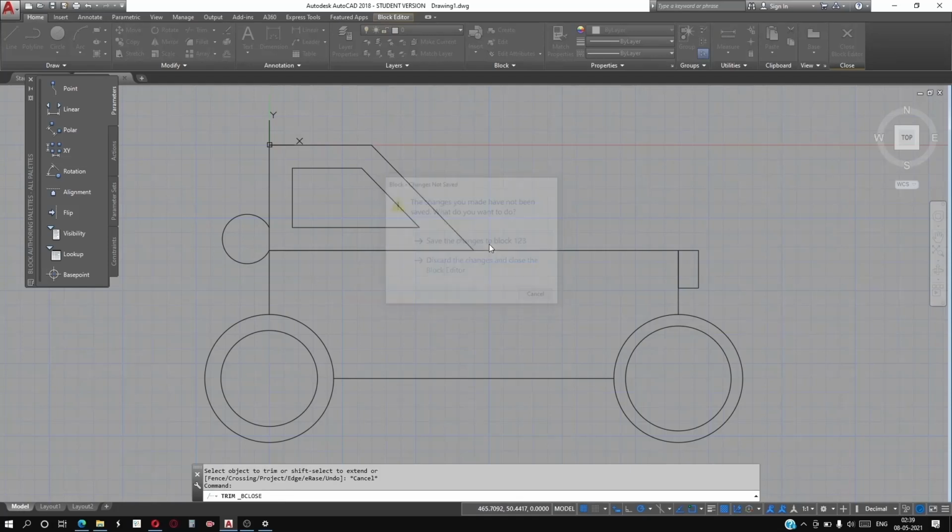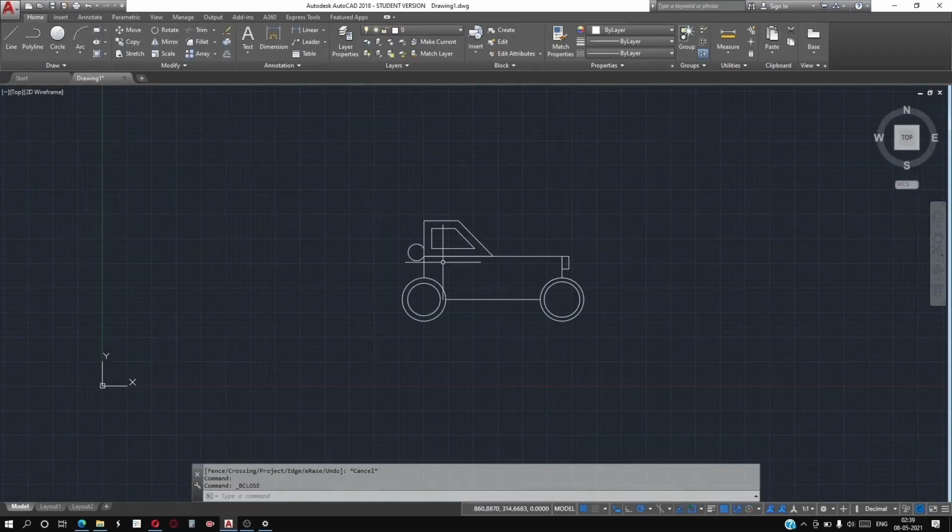And save the changes. The block will be edited.